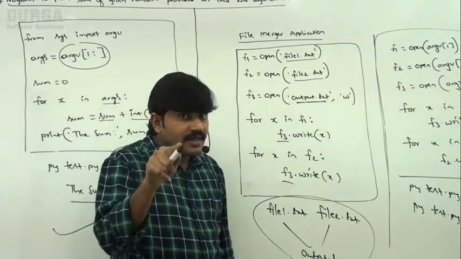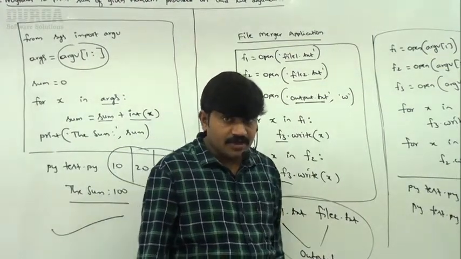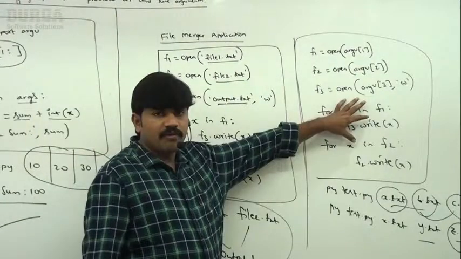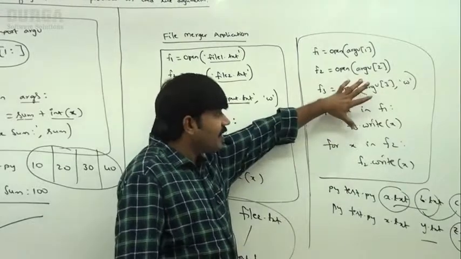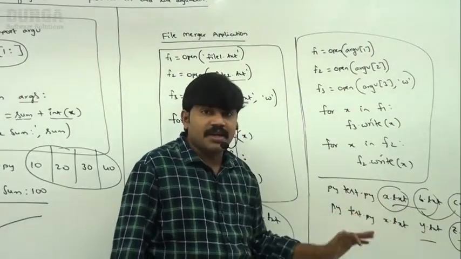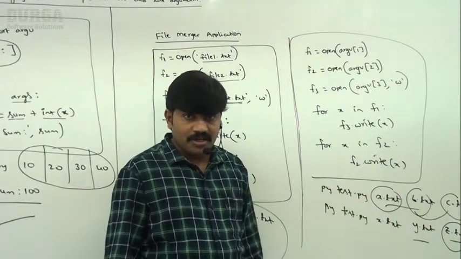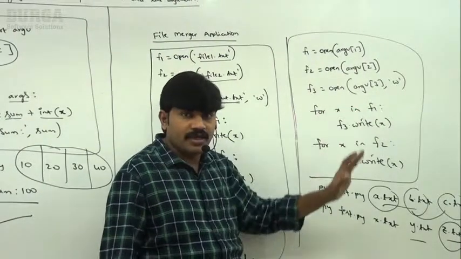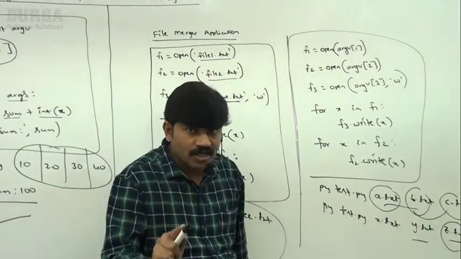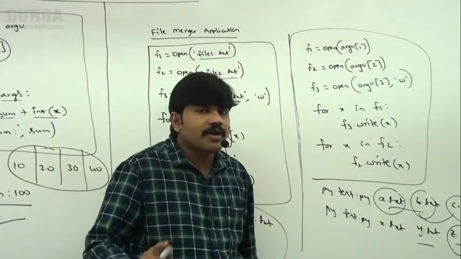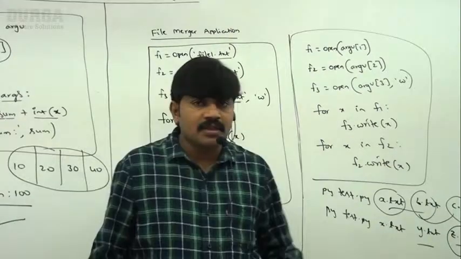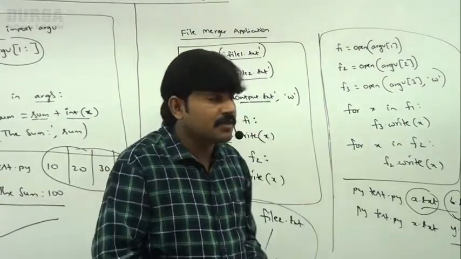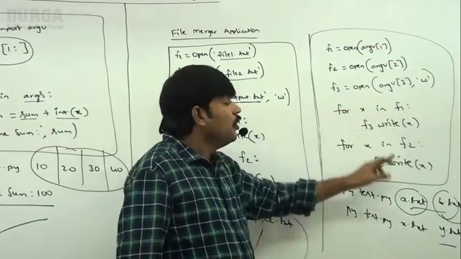So that is the advantage of command line arguments. Based on our provided data, the program will work. We can customize the behavior of the application with these command line arguments. Everyone can understand, right? It is a generic template program, a generic program, when we write it with command line arguments. So what is the purpose of command line arguments? The main objective of command line arguments is we can customize the behavior of the application based on our